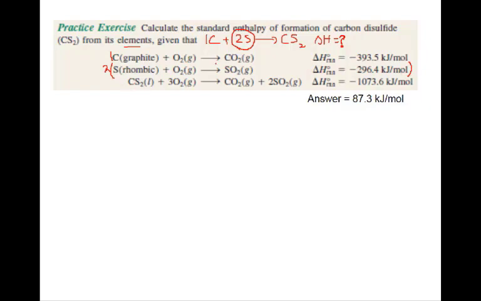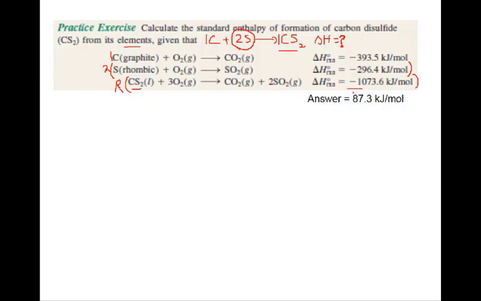Now for equation 3, this is carbon disulfide, here this is 1 and this also 1, so no need to multiply, but here it is in the form of product and here it is in the form of reactant. So what we have to do is just reverse it. So we write R means reverse, and the complete equation will be reversed, meaning this sign will also change.